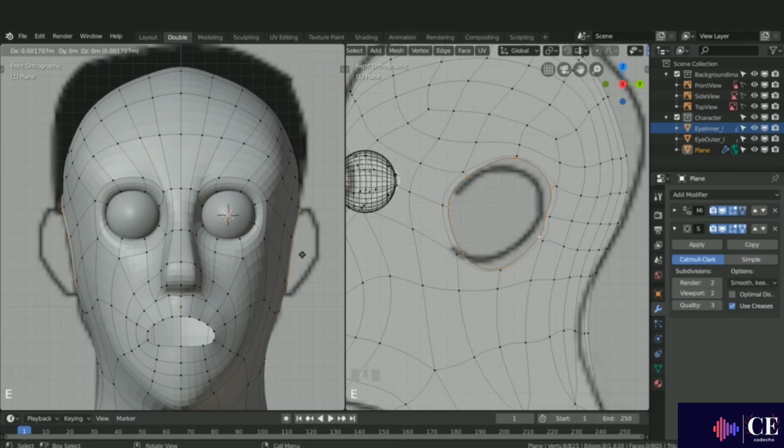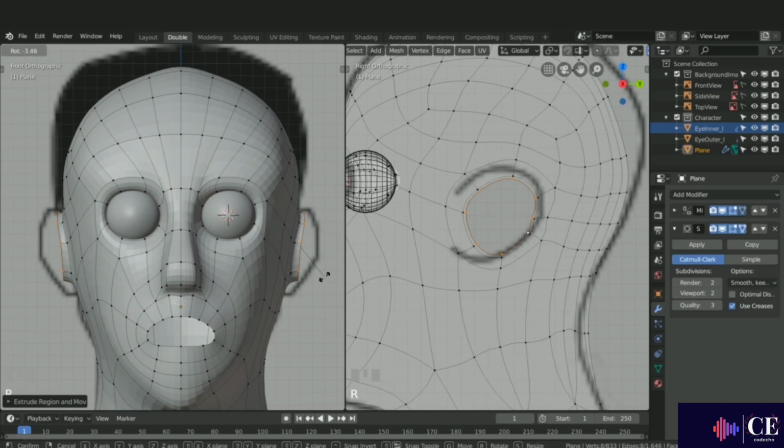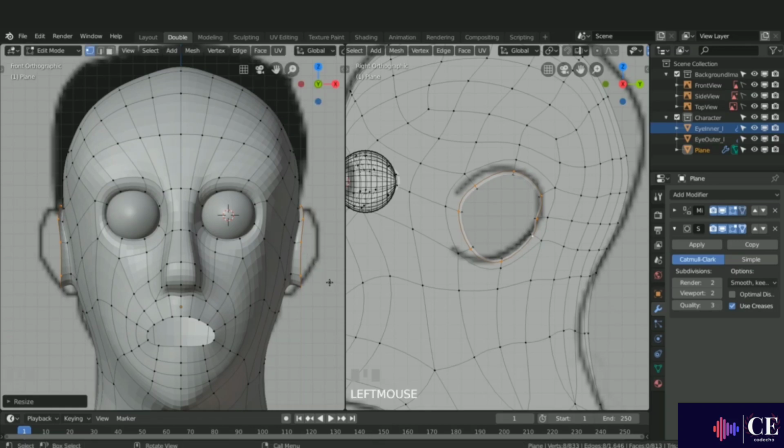to extrude and maybe drag this out a little bit, and I can scale it down and maybe just press G, just drag it down a little bit, maybe G and just drag it back in. Okay, so I'm going to press E again, drag this over, can maybe rotate it a little bit, scale it up, something like that, and I can press E again,